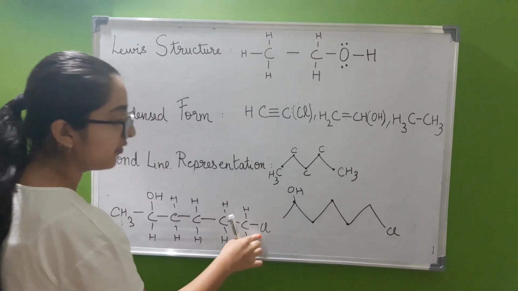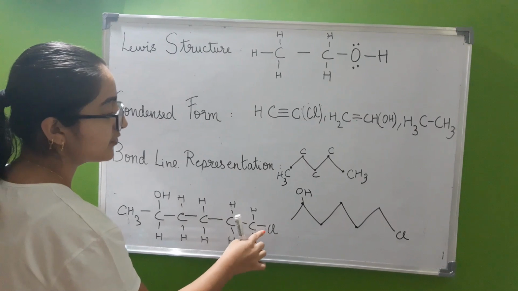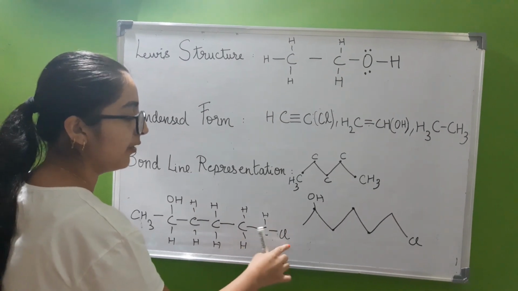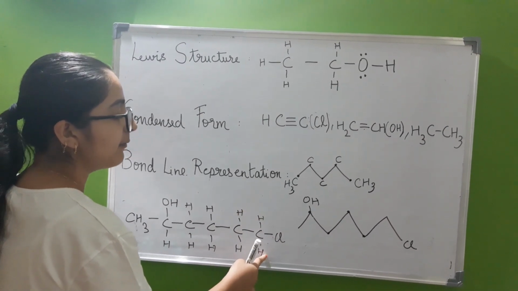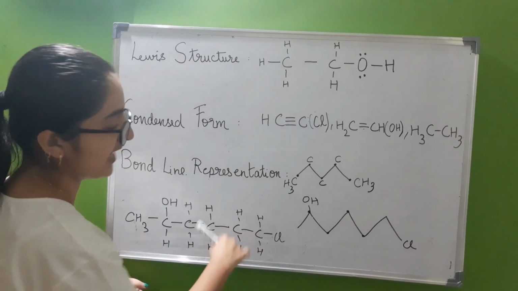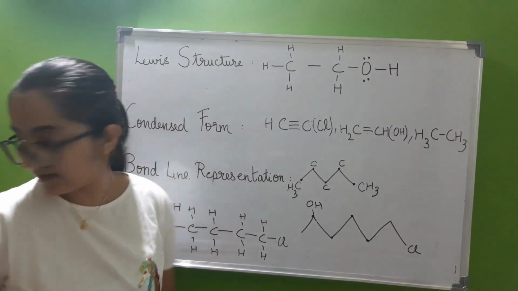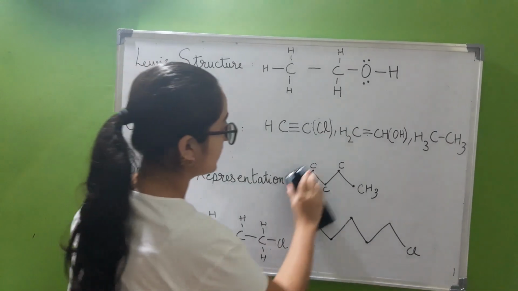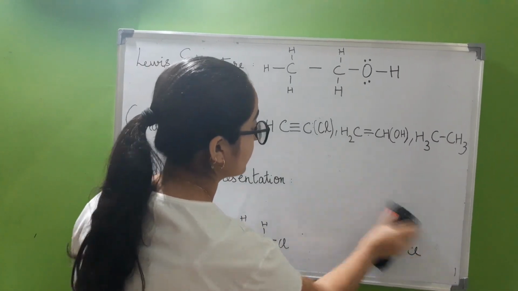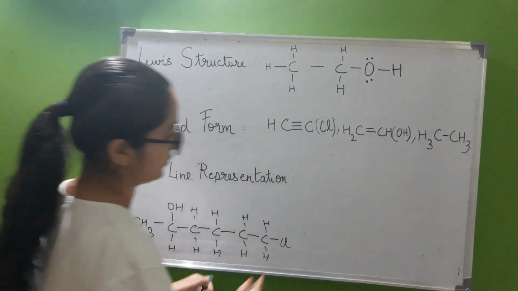Here, since there is already one chlorine attached, carbon is forming one bond with chlorine, so it only attaches with two other hydrogen atoms to satisfy its valency. Not only are sigma bonds presented in this way, we can also represent pi bonds, and we can represent double and triple bonds too.